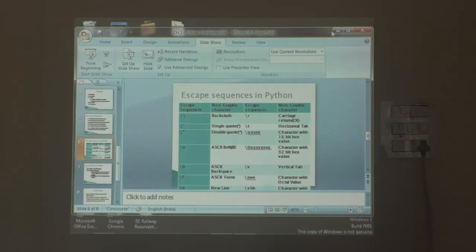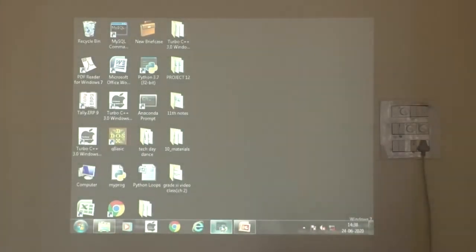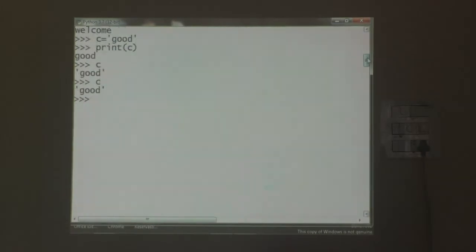See, backslash t is nothing but tab space. For example, print hello world: hello backslash t world. In between the strings hello and world, I have used this escape sequence, backslash t, which is tab.